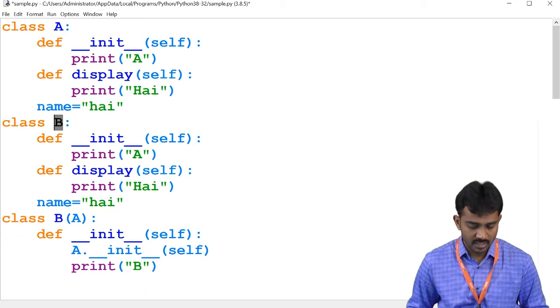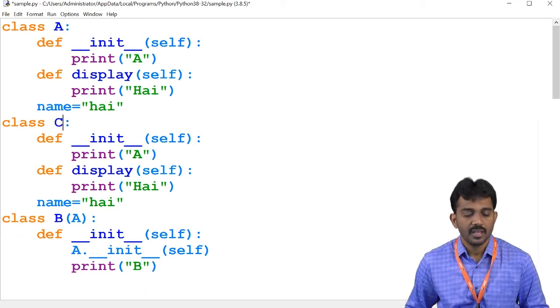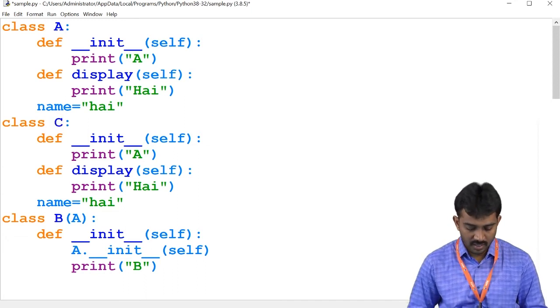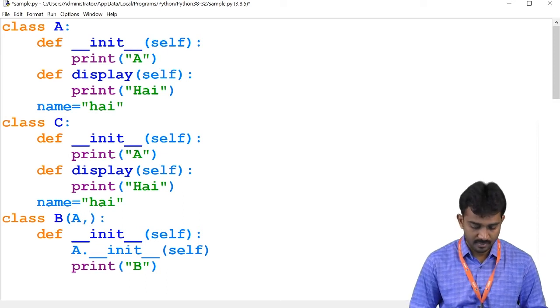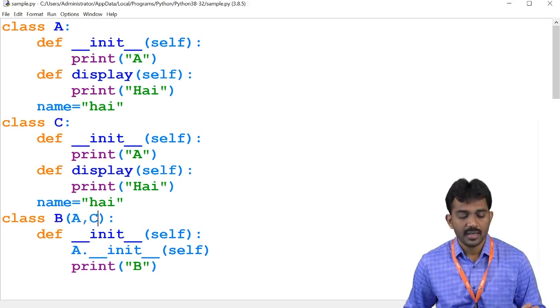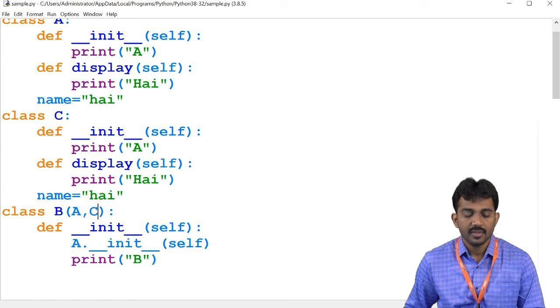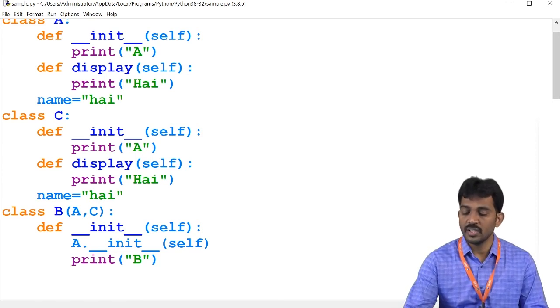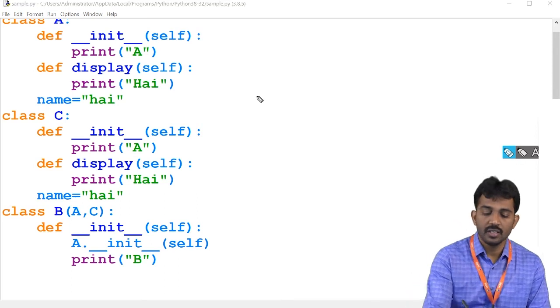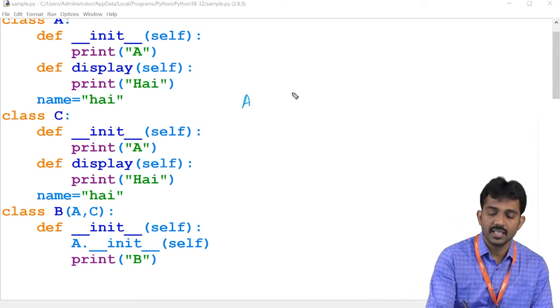Oh, sorry, this one I consider as C. A and C. And here I'm going to take C. Right? B is inheriting. So what I wrote here, observe carefully. A is a class and C is a class, and B. What I'm going to do is inherit these two into the B.